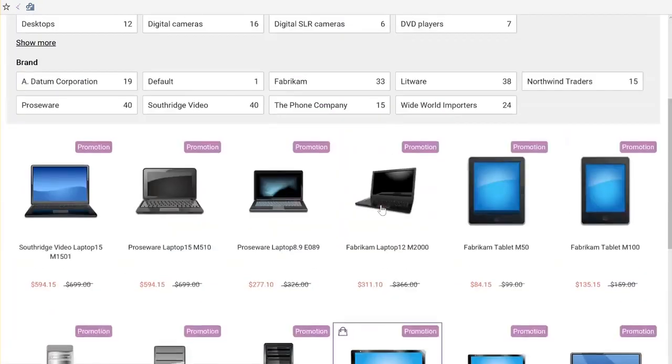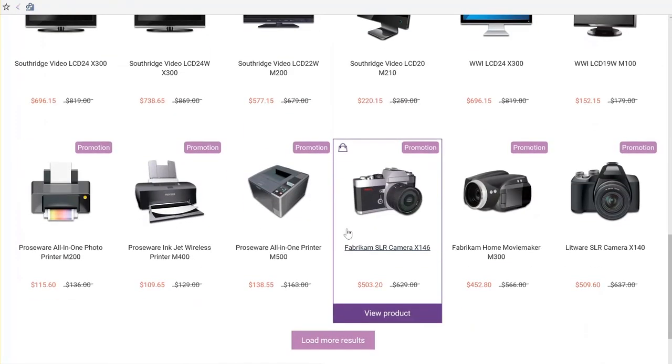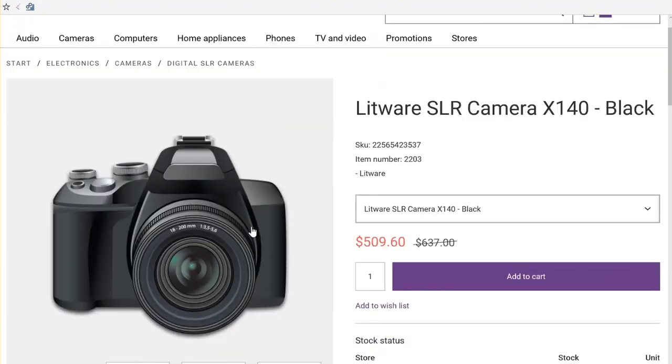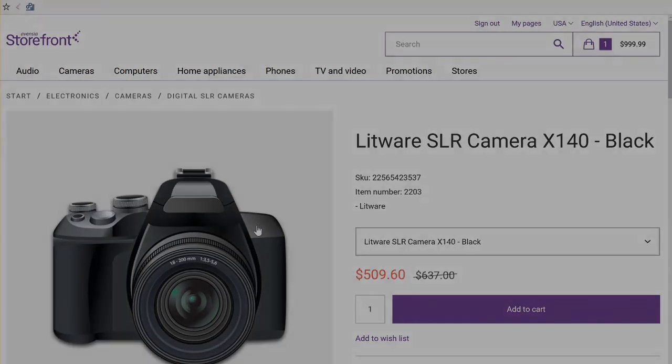And somewhere around here we should have our camera as well. A little more product. I think it was that camera. So for example, go back to that one. So this is how discounts will appear online once you set them up in Dynamics. And the following video